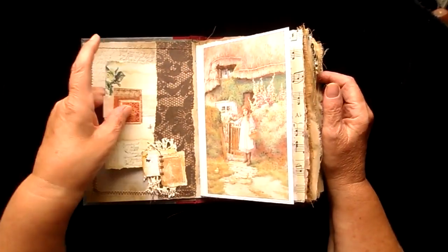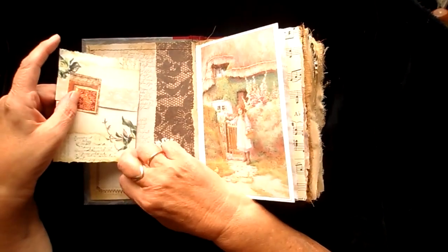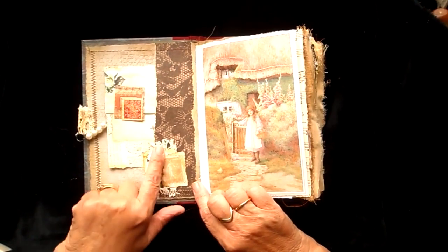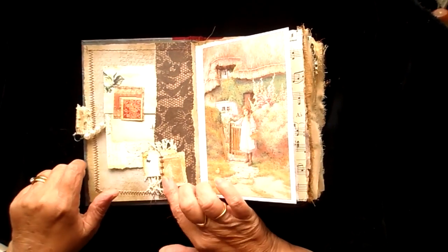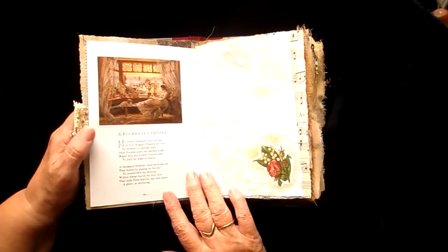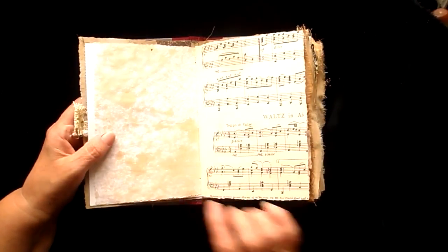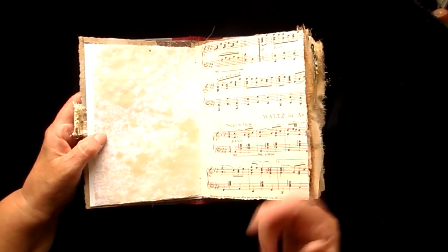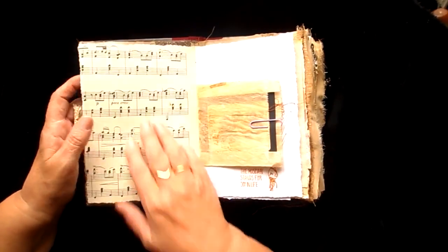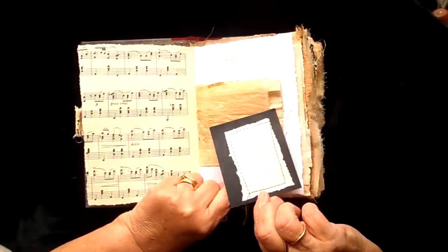Then I've got a pocket there just to hold some papers, and I've made a little movable band there for the papers to sit in. Some lace, and I've sewn the lace and some papers and the faux stamp on there. And then this is some of the papers from the original book, which had some lovely images on, and again it's got the poem there, a flower in a letter. Some coffee stain paper, and for my coffee stain I actually use a water spray with coffee in rather than dipping it completely. Some vintage music score, and then I've got a glassine bag with just a small card in there,